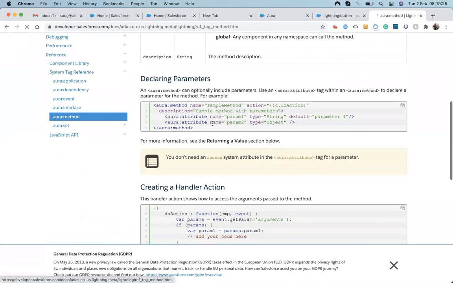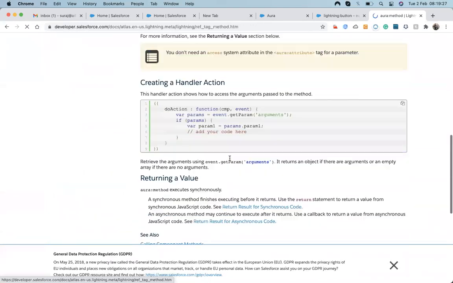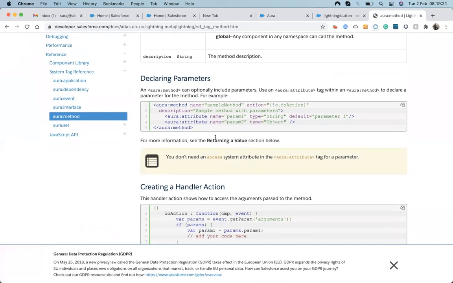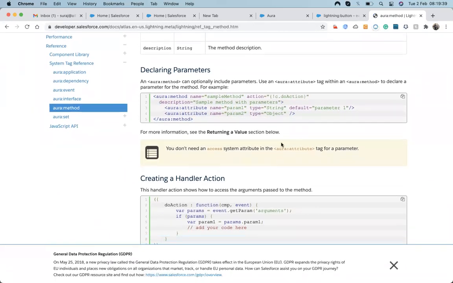Where is it? Yeah. Okay, we need to define an Aura method. In that Aura method, we define the action, and this method is callable from a parent. It has some parameters.